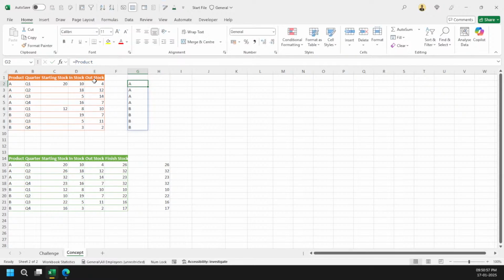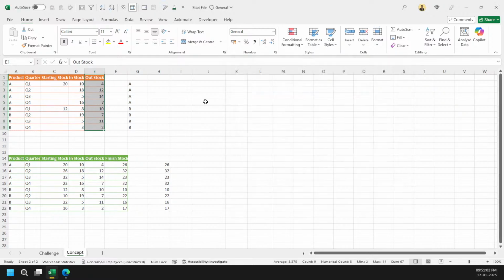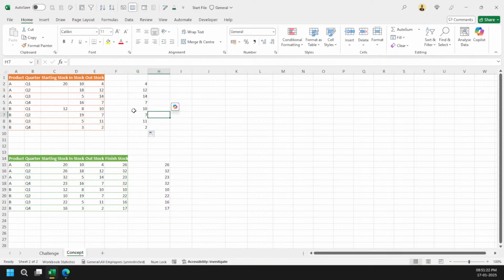And let me do here. Let's make this one here. Outstock. And now you will see that when I select outstock, it is spilling everywhere. So what I want is to get one by one value. So what can I do here? Just simply put the @ before the value and that's it. The moment I do that, just see here, I am getting the 4 value here. And if I drag it down, you can see that I'm getting 2 value here.